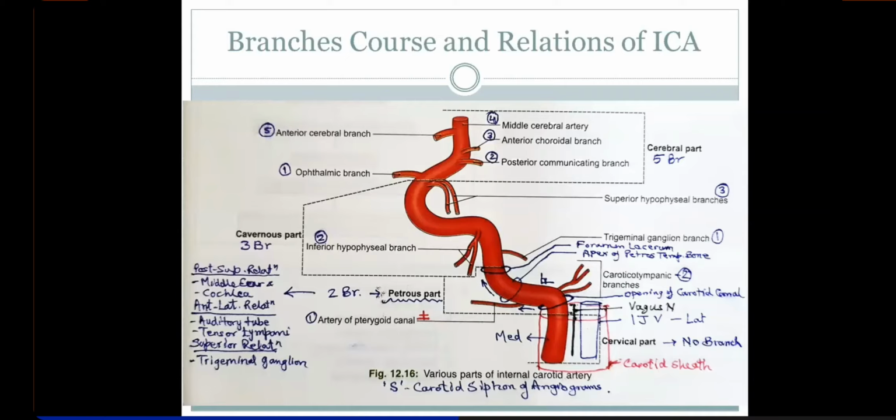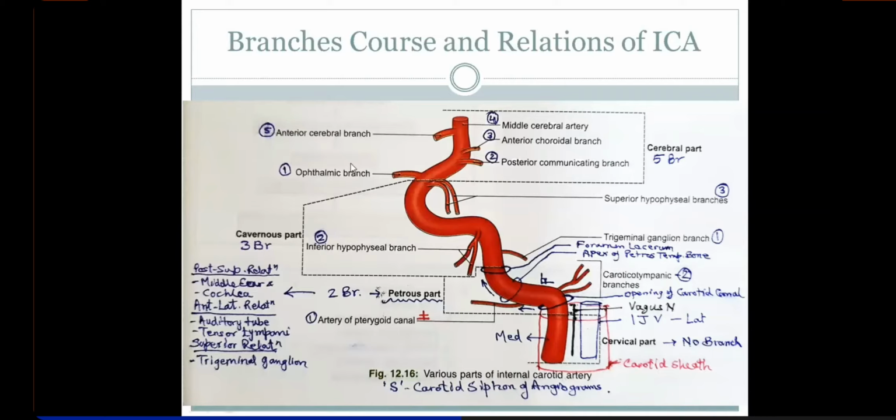Anterior one is a minor branch, middle cerebral artery is a major branch. So if it is asked what is the continuation of the internal carotid artery within the cranium, the answer is middle cerebral artery. Okay,